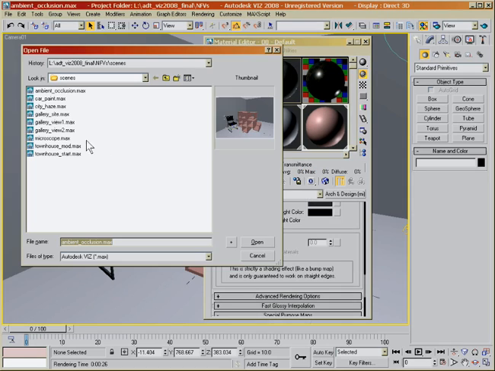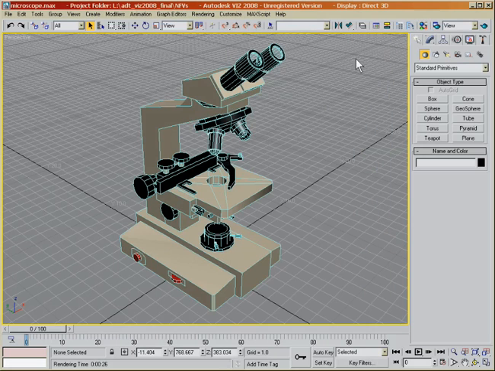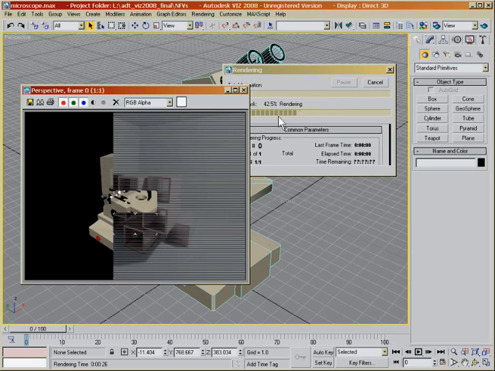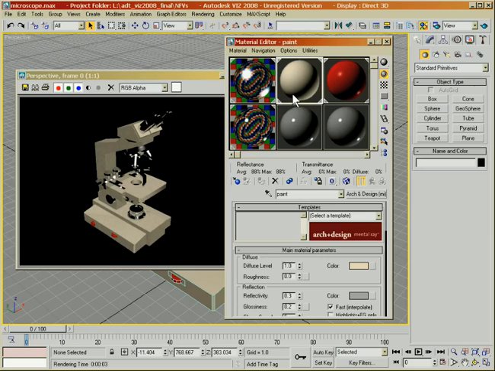Round corners is a simple effect that makes sharp corners look round. It doesn't change the geometry itself, it's just a shader effect. It can be used on any object of any size, but it's very useful for small objects and close-ups. If you look at the microscope model, you see it's quite low poly and the edges are just sharp corners between faces. If we render it now, no matter how good our material or lighting is, we will see unrealistic edges, way too clean to look right. Turning on round corners